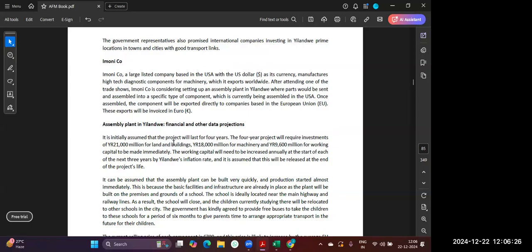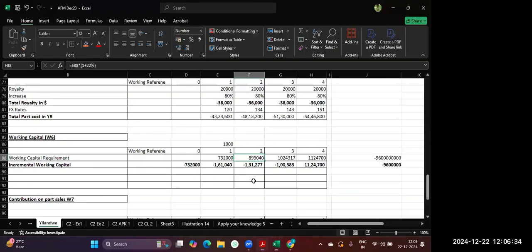Okay. It is initially assumed, third line, that the working capital will need to be increased annually at the start of each year. It is 9,600 million, right? Yes, that's what I was saying. It cannot be this small. It is 9,600. Now it's correct. Okay. And every year it is increasing by